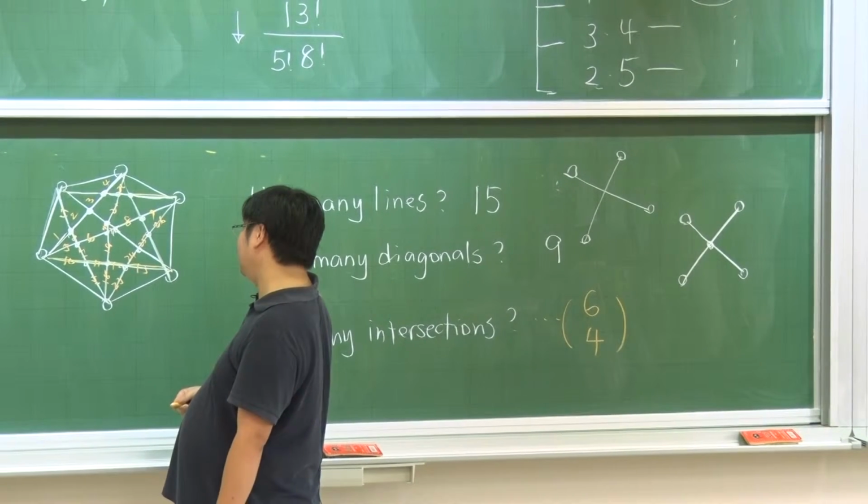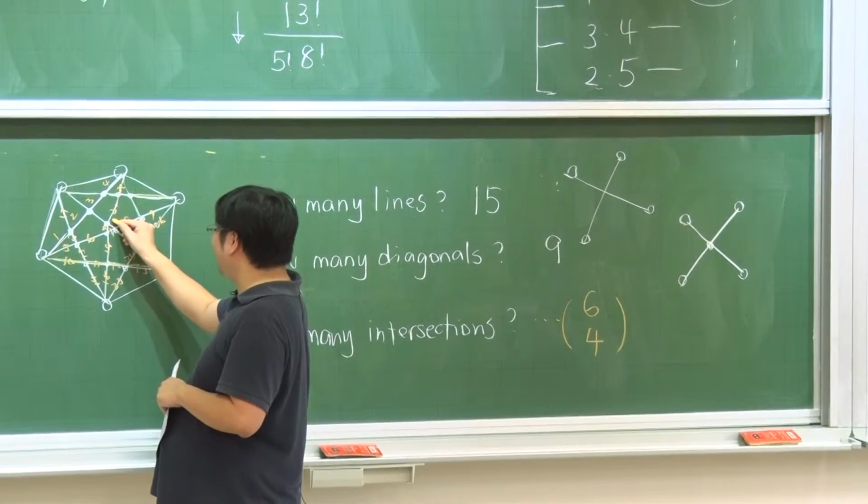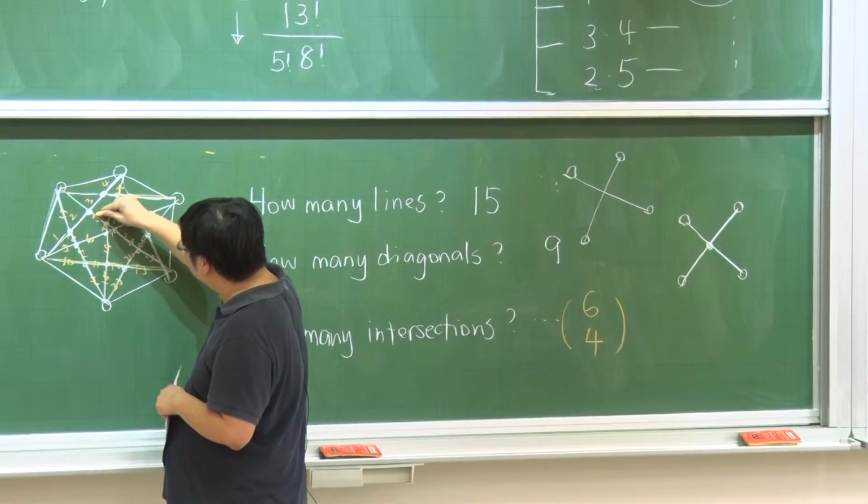And then what? And then 27, 28, 29, 30, 31,